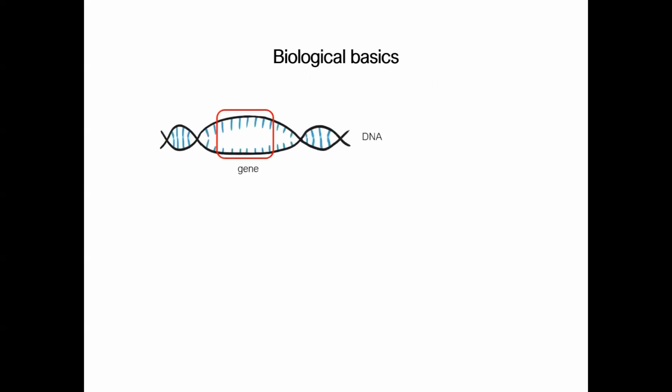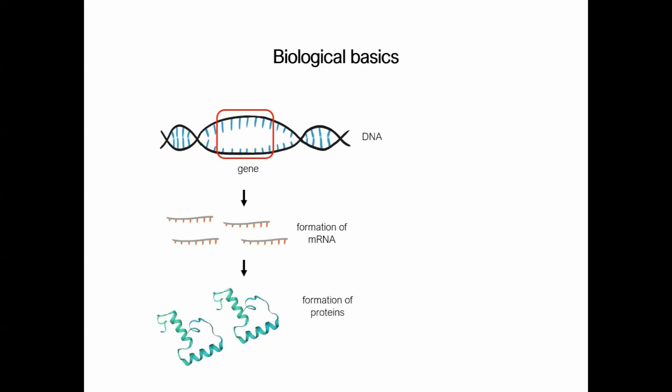Here you can see a piece of DNA. Marked in red, you can see the DNA sequence of a gene. When this gene is expressed, several copies of the associated mRNA, also known as messenger RNA, are created. An mRNA carries the genetic information for the generation of the associated protein. The mRNAs are translated outside the cell nucleus into the corresponding protein, shown here in turquoise.